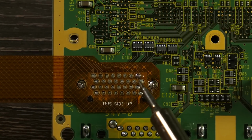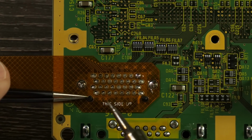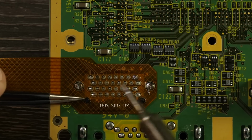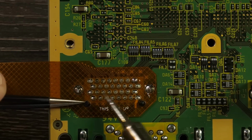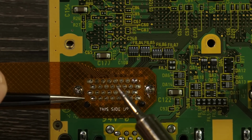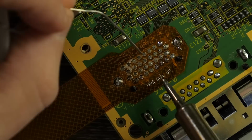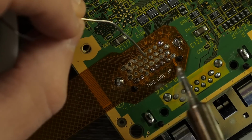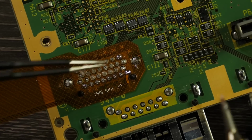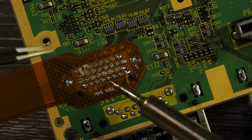And once you get one of them, you can kind of go to the other side with this guy pushed down. I have some tweezers here, and we're just going to work to anchor on the edges as best we can, so that it's pretty easy to just get all the middle ones. We don't need to sit here and hold it down necessarily, right? So you can see we have this bottom row completed now,